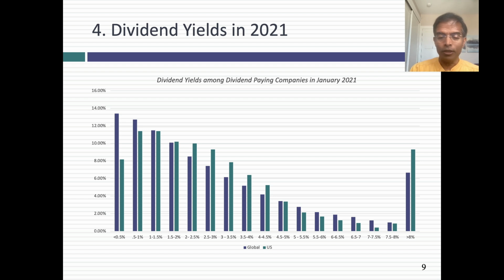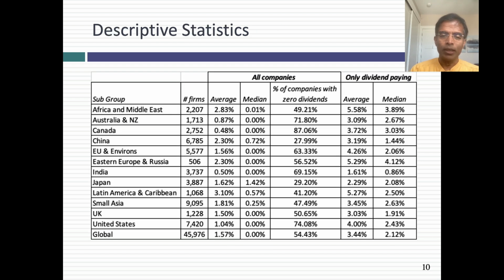Now, if you look at the distributional characteristics, there's some interesting things that jump out. The average dividend yield for a US company in 2021 or 2020, which is when the dividends were paid, was 1.04%. You say, that's awful. That's a really low dividend. It is what it is. But you know what the median dividend yield for a US company was? It was 0%. You're saying, how can that be?